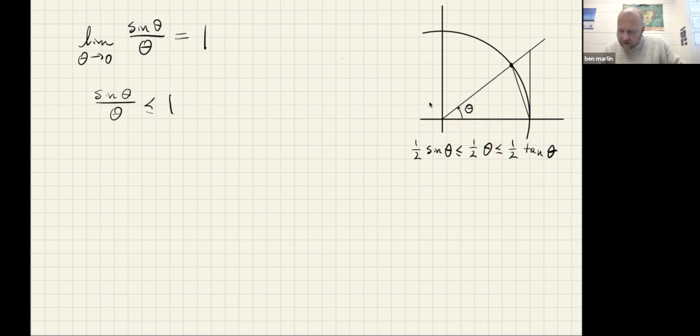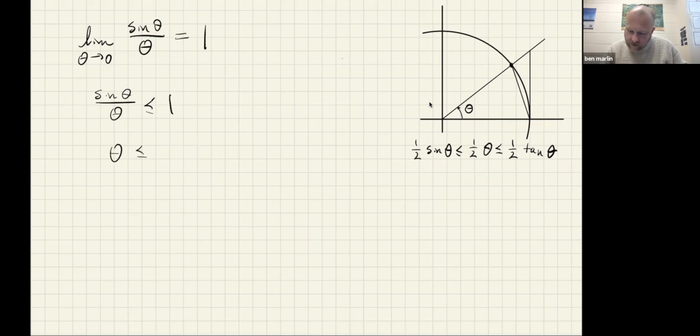And then for the other part of it, I've kind of lost my place here a little bit, but if we take this second half here and divide the 1/2 out, of course you got theta being less than or equal to the tangent of theta,